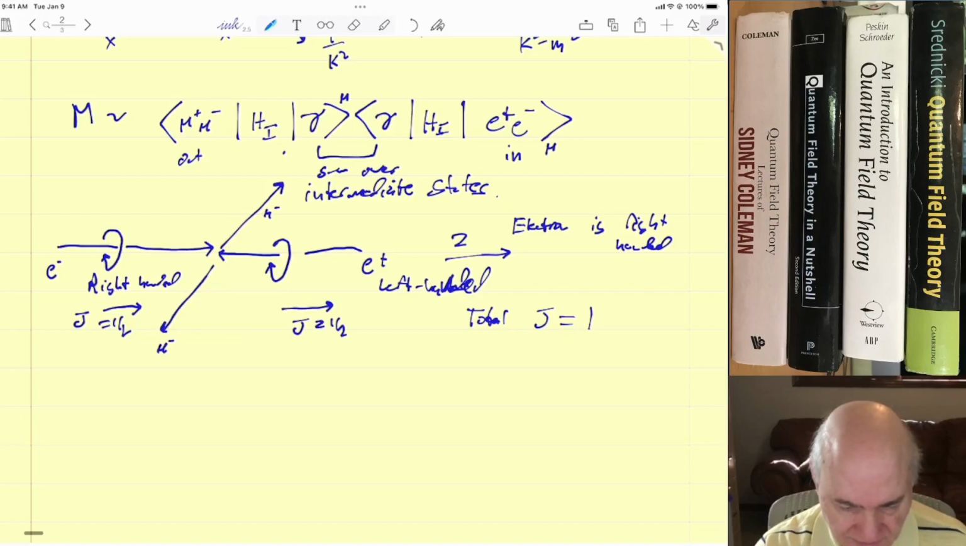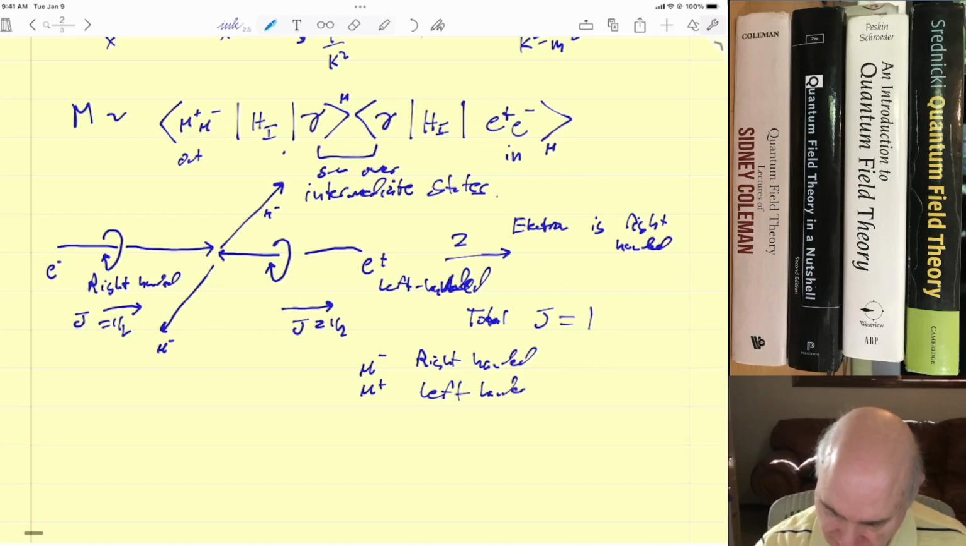And we want the same thing with the muon. We want the mu minus to be right-handed and the mu plus left-handed. It doesn't have to be this way. This is just one example of what the possible spin configurations are. But so if we do this,